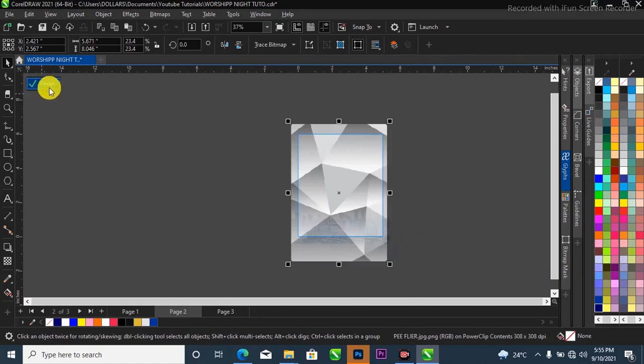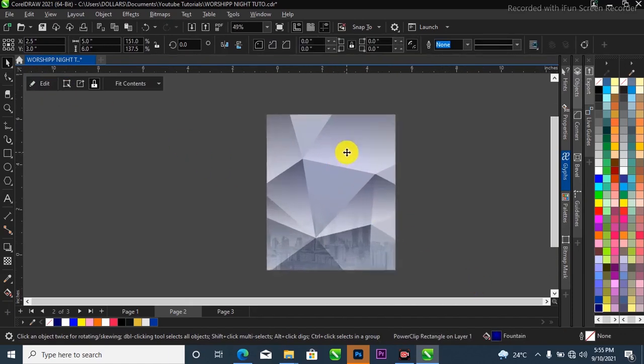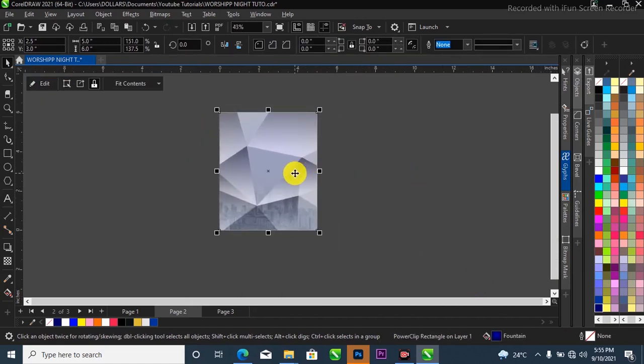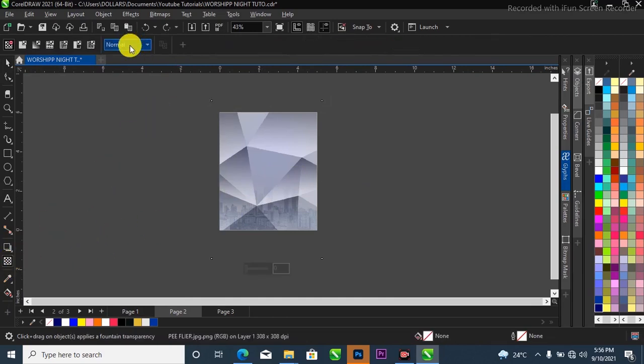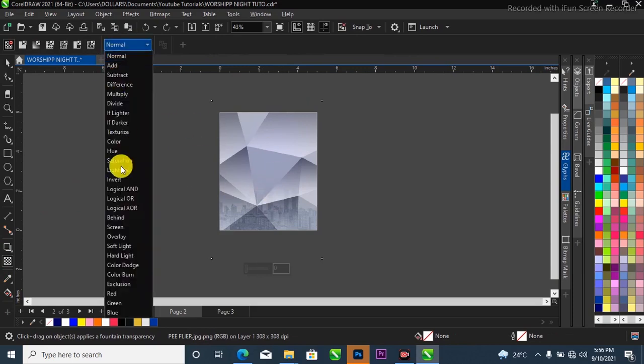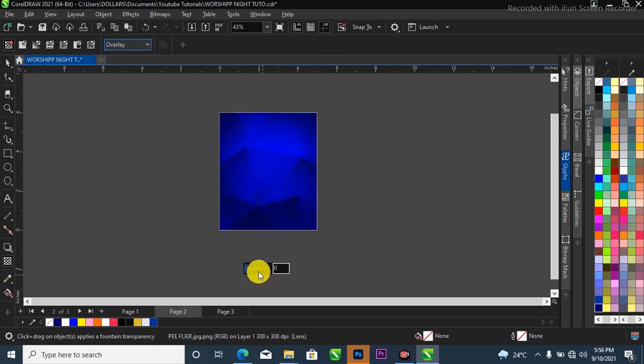So I'll simply go to this place where it says finish and finish it up like that. So I'll hold down Alt on my keyboard to make a selection of the overlay background that I power clip inside my project like this. So I'll head over to my tools bar and make a selection of my transparency tool. Now change the blending mode from normal to overlay, then try to reduce the opacity to about 80 or 70,